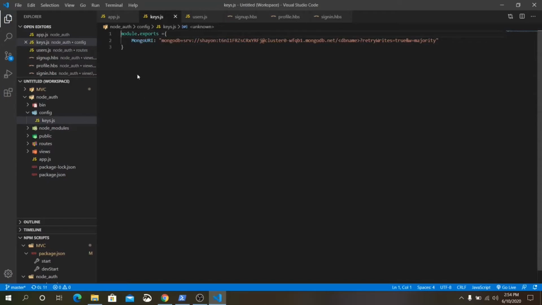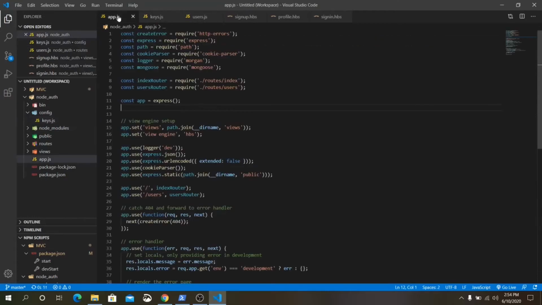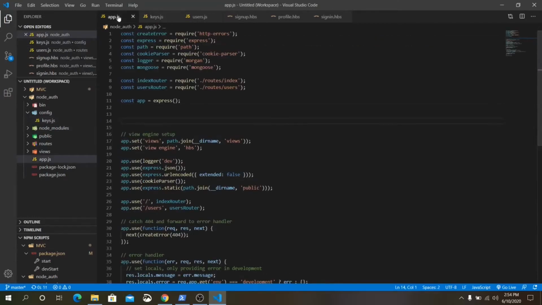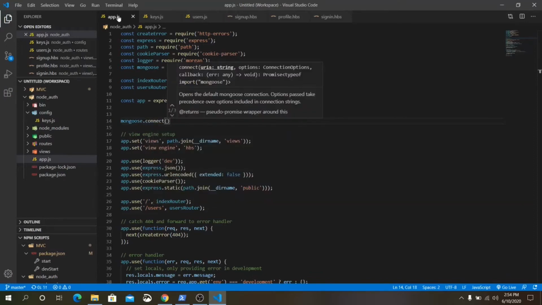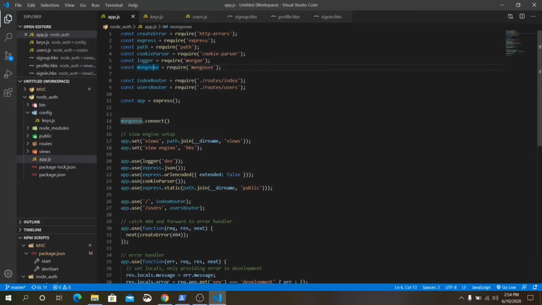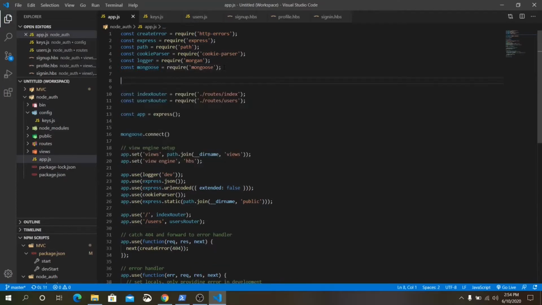Save it. We are going to use this exported mongoURI inside our app.js to connect to the database. Okay, we already installed mongoose. Let's use it. mongoose.connect. This is the URI. Okay, we need to import that URI. Below this mongo, just write const keys is equal to require